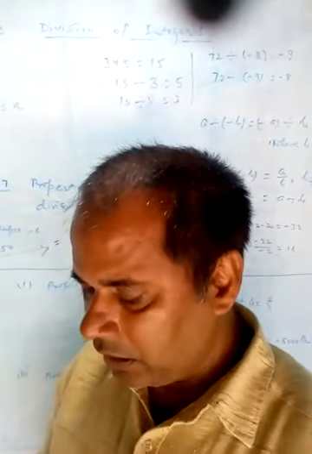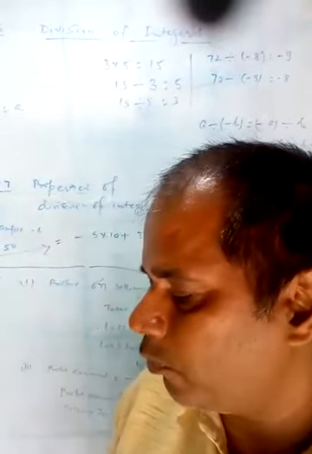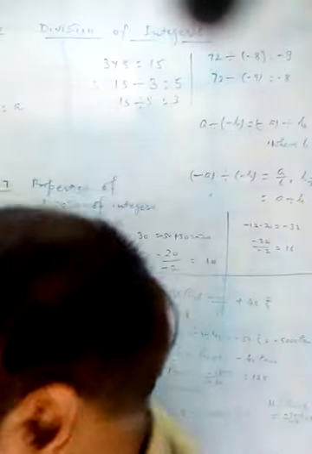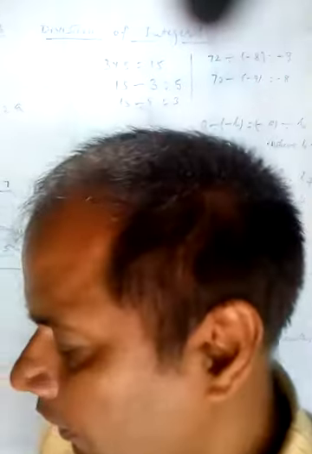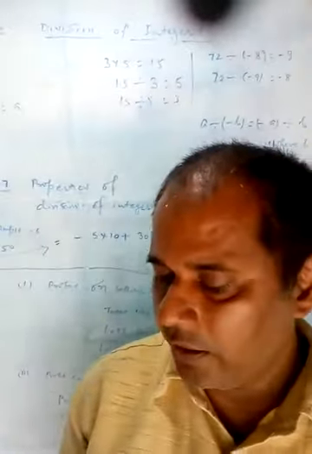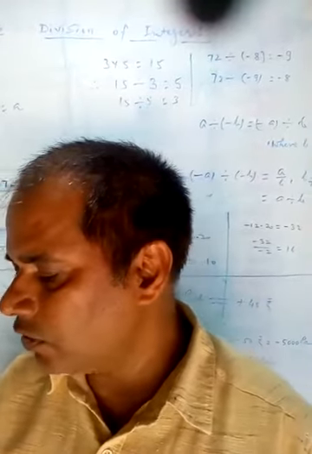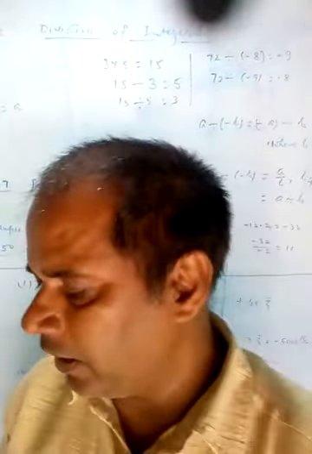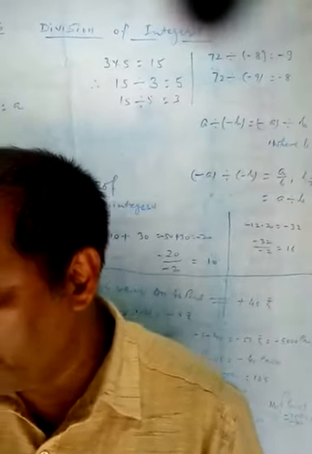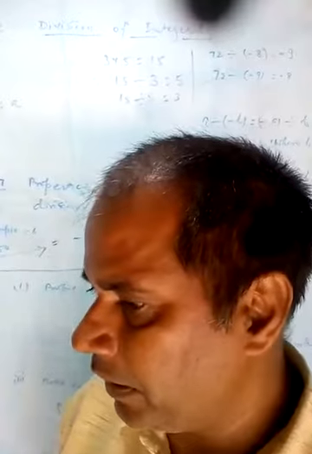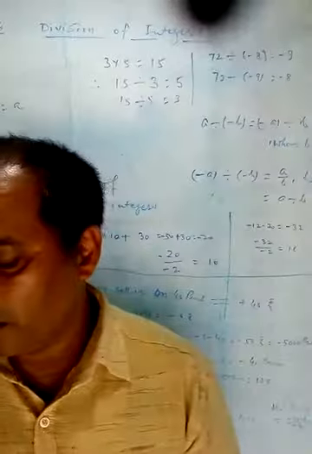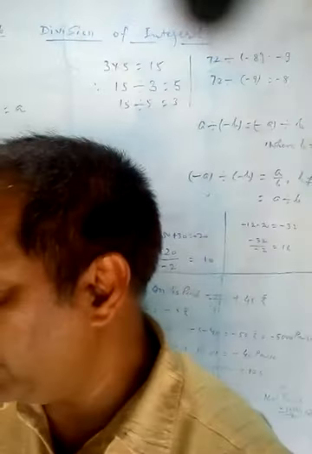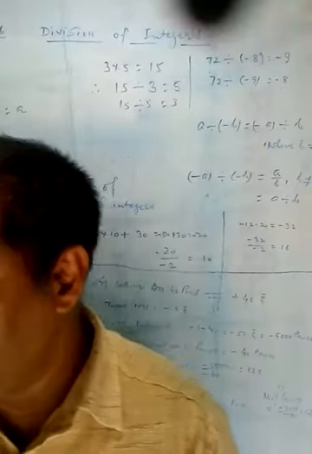Example number 7. A shopkeeper earns a profit of ₹1 by selling one pen and incurs a loss of 40 paise per pencil while selling pencils of her old stock. And then there are two parts. One, in a particular month, she incurs a loss of ₹5. In this period, she sold 45 pens. How many pencils did she sell in this period? And second one, in the next month, she earns neither profit nor loss. If she sold 70 pens, how many pencils did she sell?